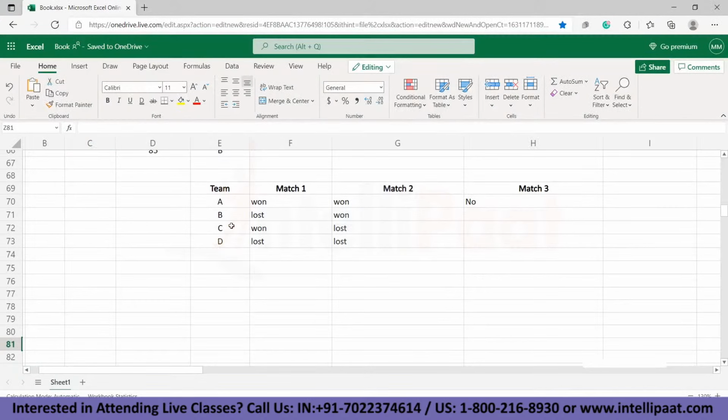Okay, so now we have a match. Those who want to go to match 3 and match 4 have to win at least one game. Let's say team A won both the matches, so they don't have to play match 3. They directly go to match 4, the next or higher level. And those who lost both games don't play match 3. But the people who won at least one game, either match 1 or match 2, are